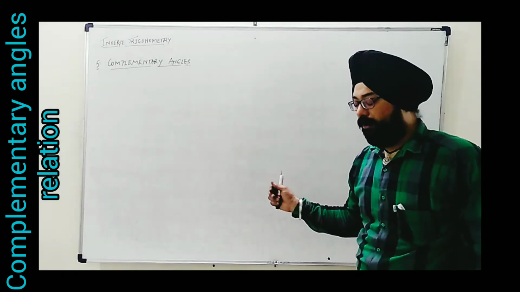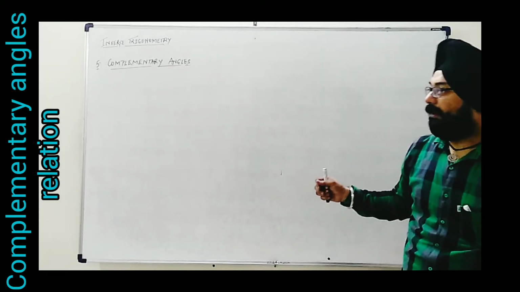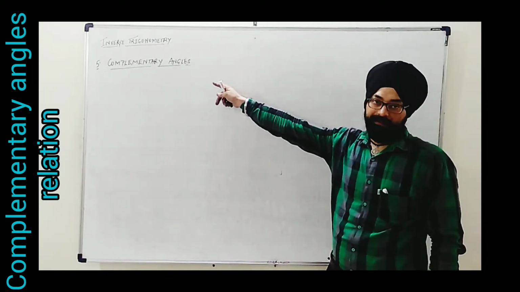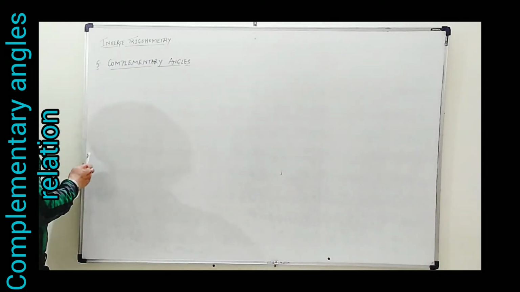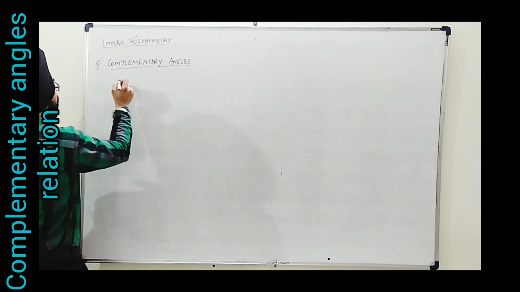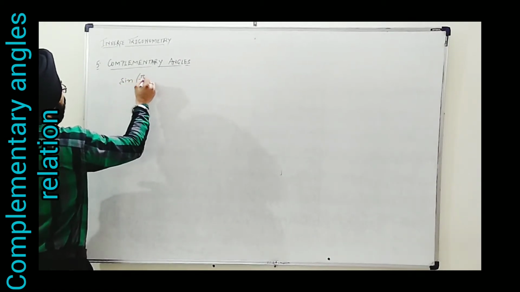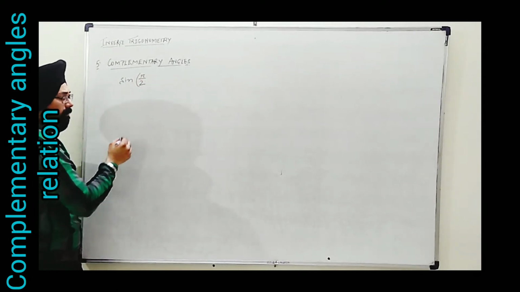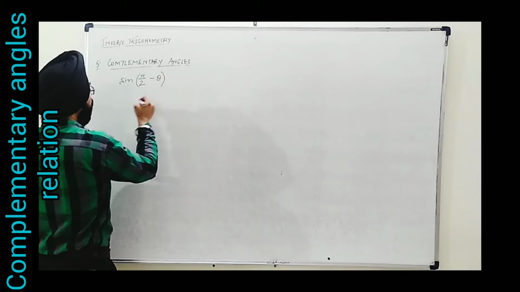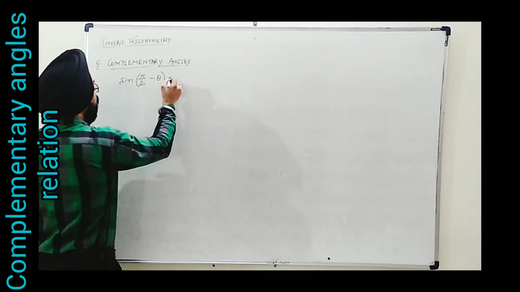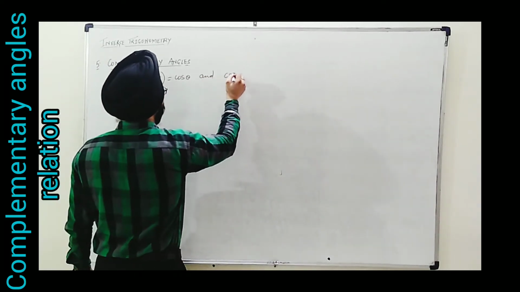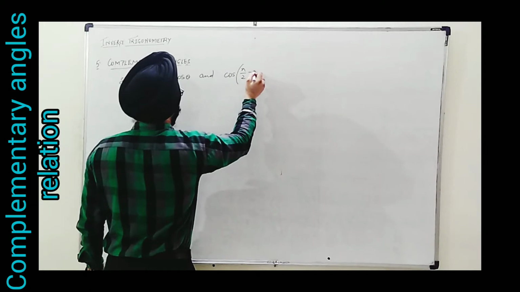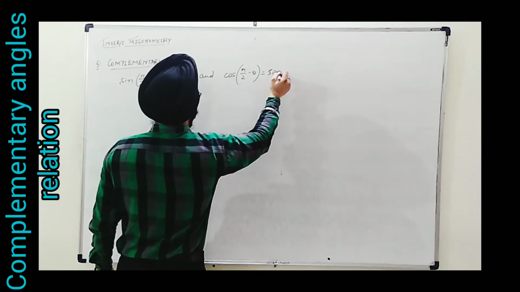Next thing which we are going to see about inverse trigonometry, its properties or identities, we are having the complementary angle relation. This thing you have seen in earlier classes, 10th standard mainly. We are having relations like sin(90 minus theta). This can be solved using the right angle concept of trigonometry. Sin(pi by 2 minus theta), or 90 minus theta in degrees, is equal to cos theta, and we know that cos(90 minus theta) is sin theta.